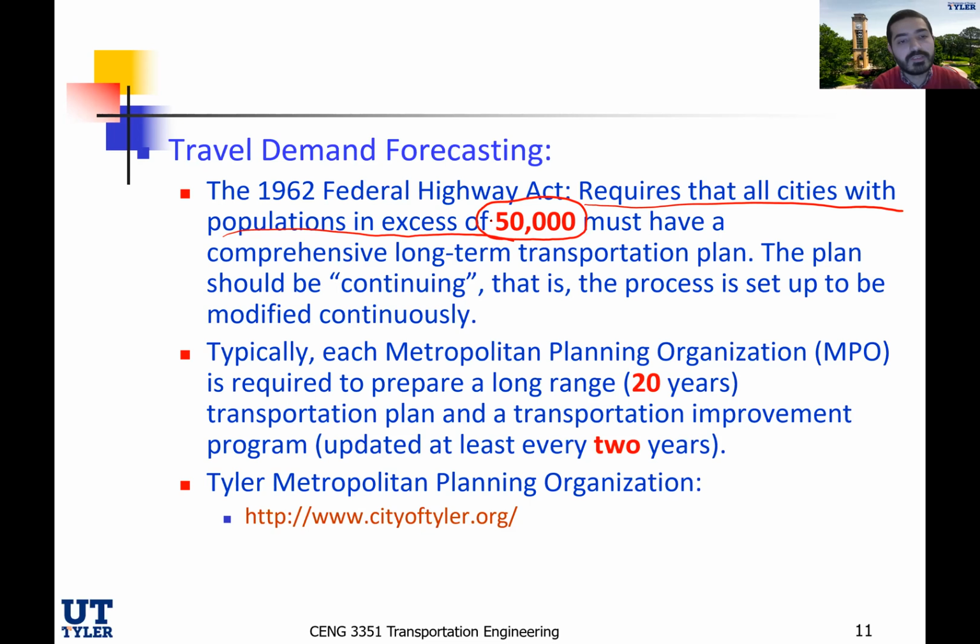That's why, for example, our city of Tyler here, at nighttime we're 100,000 people. In the morning, we're reaching 250,000 people because people are coming from all the little cities around us to work or study. So that's why we have I-20 just on the north of the city. You may wonder why we do not have it in the middle of the city. Could have saved some time, similar to what we have, for example, in Dallas Fort Worth.